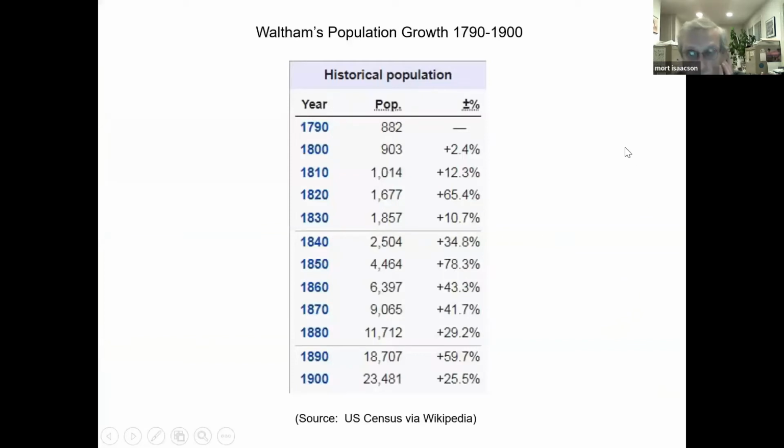Before that, though, let's take a look at Waltham's population to understand how the housing needs changed with time in Waltham. So remember, the mill was established in 1814, so it occurred between 1810 and 1820. This is census data, US Census data for Waltham. So in 1810, before the mill came to Waltham, the population was about 1,000. By 1820, the population had soared to 2/3 more than that, to about